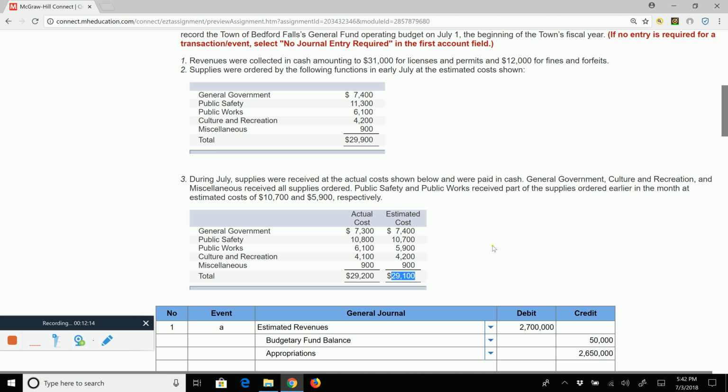We haven't received them yet. Okay, now here's the next step. You see that $29,100 of budgeted supplies came in. They were ordered and they actually came in, at an actual cost. Take a look, $29,200. I want to explain that sometimes the actual cost can come in a little above, a little below, or exactly the same as the original purchase order. Maybe there are some price fluctuations that we agreed upon. Maybe there were some shipping charges that we did not budget for. Whatever the case may be, as long as it's close, that's good.